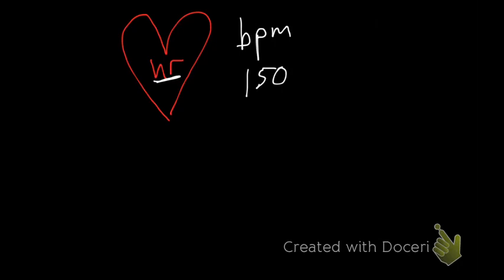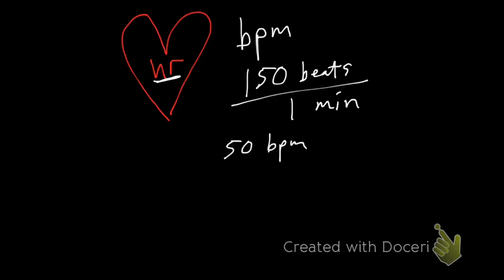You can even get it up to 180 beats per minute. So that would be that many beats in 1 minute. That would be beating very fast. But typically when you're just sitting here watching this video, you might be around 50 beats per minute or 60, depending on how